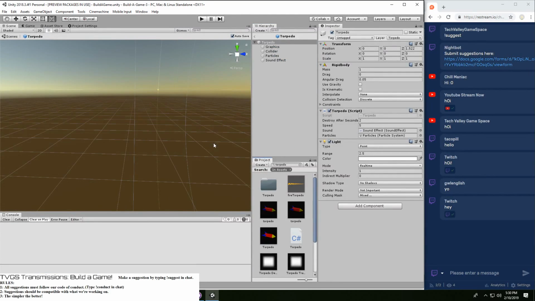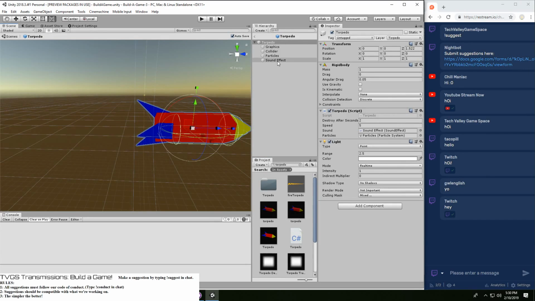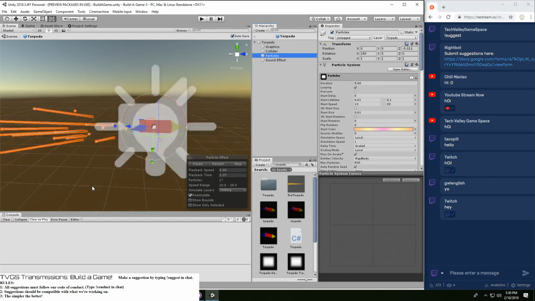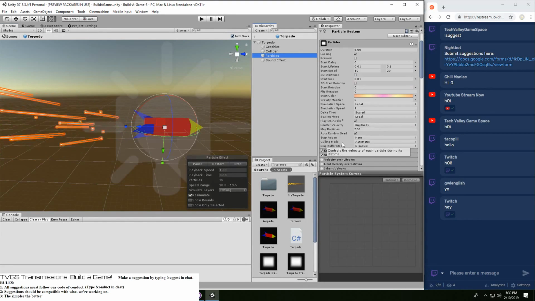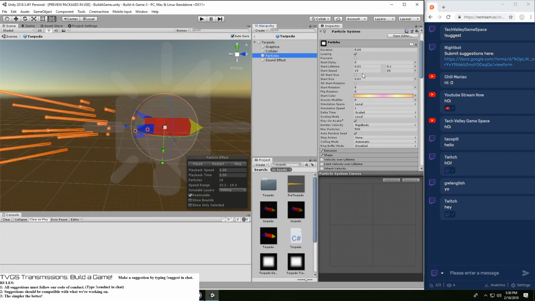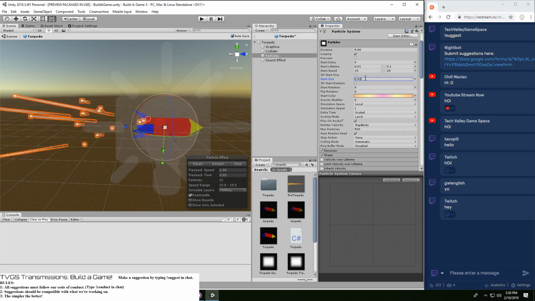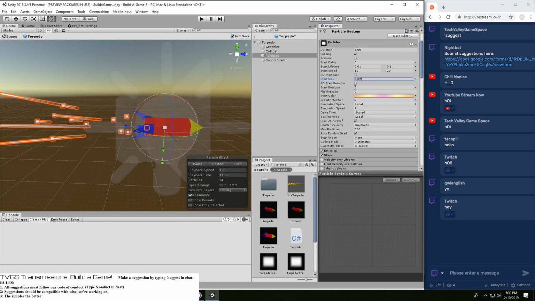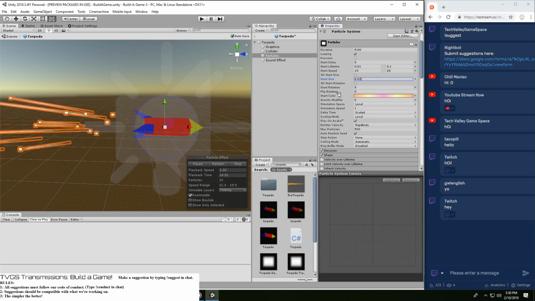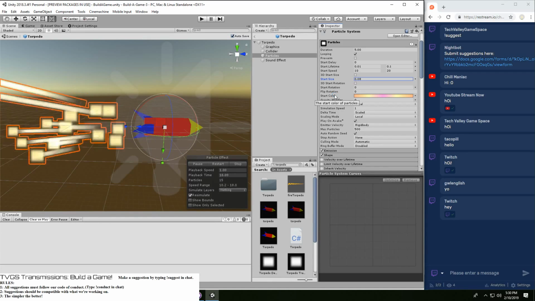Well, before I do that, okay, so it's spitting out those particle effects. Let's see if we can increase the size of that. Okay, so that looks a little better. Let's make that even larger. Yeah.